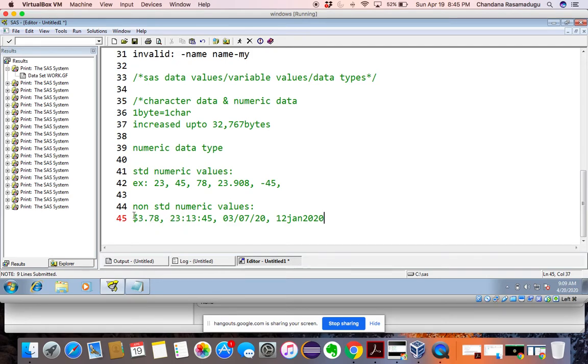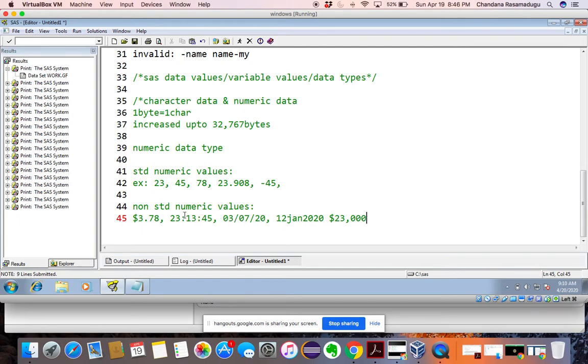What is a special character? Dollar is a special character. Semicolon is a special character. Slash is a special character. Such as the dollar sign and commas. We can include commas also. For example, $23,000, so the comma is also included.